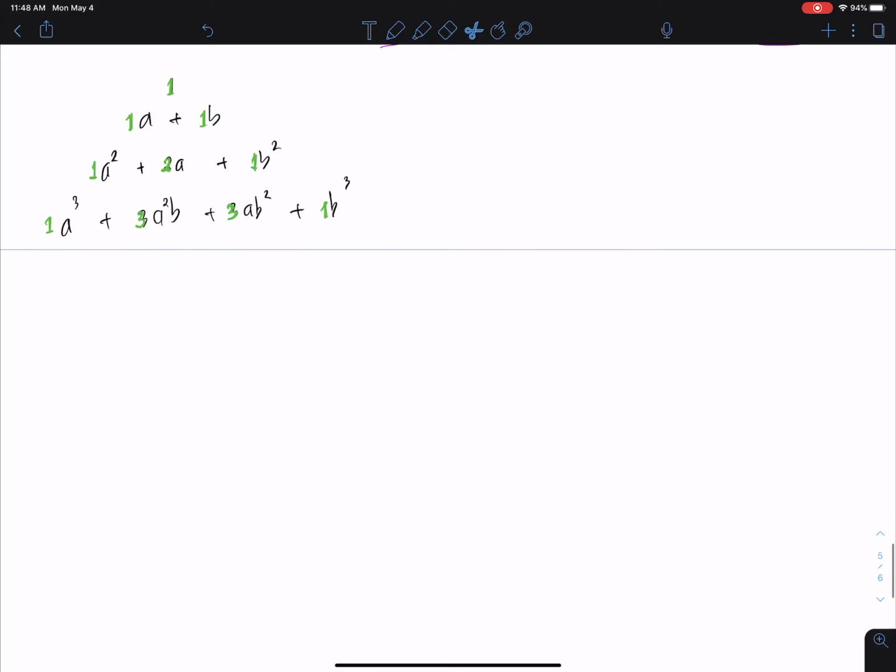Okay, so we start with this one to the power of 0. Earlier, of course, nothing happens. There's nothing happened here. This one to the power of 1, then we can see we have A and then B only. This one to the power of 2, you can see we have